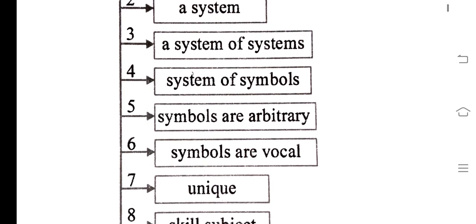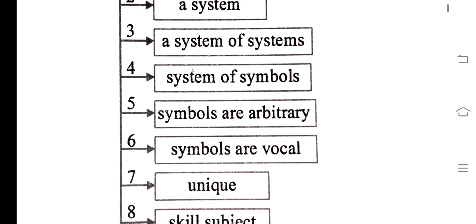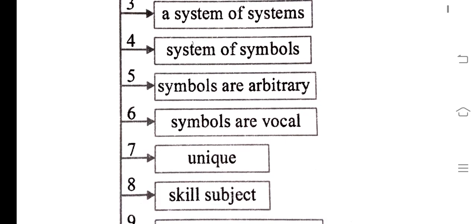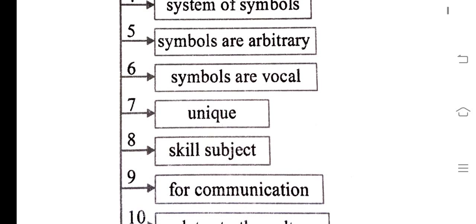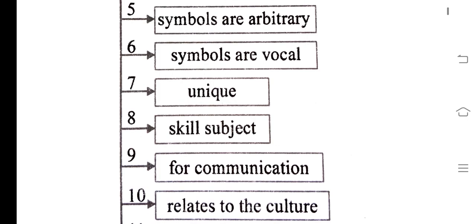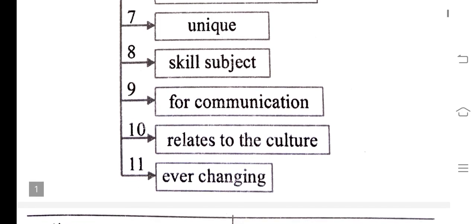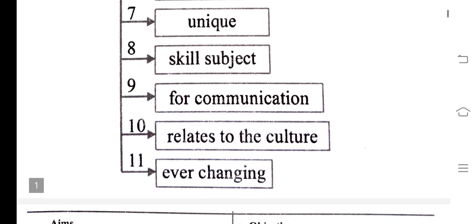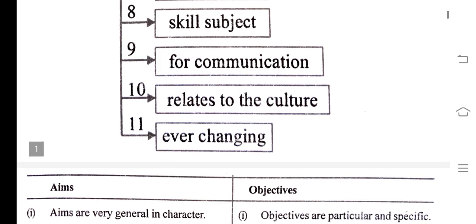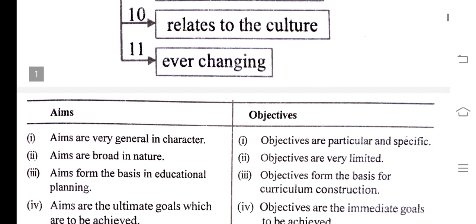Symbols are arbitrary. Symbols are vocal. Language is unique. Language is a skill subject. Language is for communication. Language relates to the culture. लैंग्वेज इज एवर चेंजिंग। 11 पॉइंट हैं। अगर 4 नंबर में आ जाता है तो 4 पॉइंट्स आप इनमें से लिख सकते हैं। नेक्स्ट क्वेश्चन आ जाता है